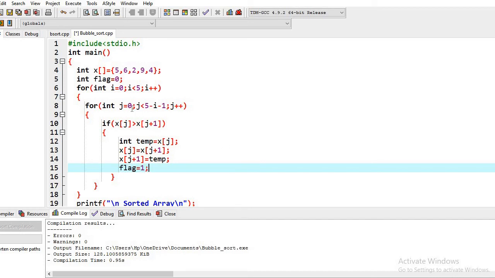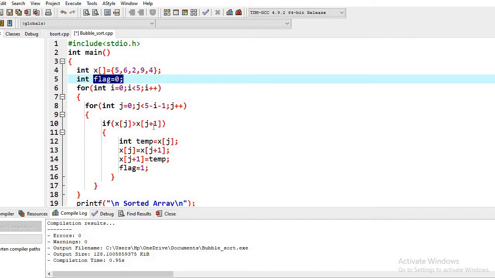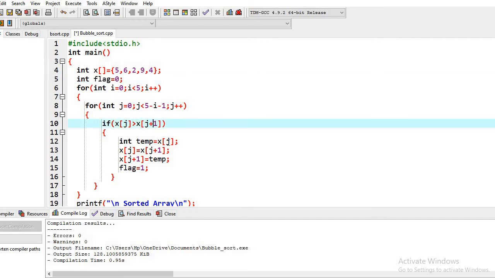Okay, so if in the inner j loop no swapping takes place, then the value of flag will remain 0. And if no swapping is taking place inside this j loop, it means there is no need of sorting, which means the array is already sorted.